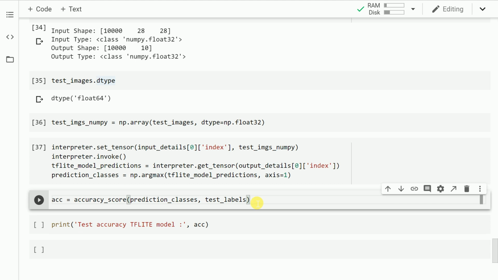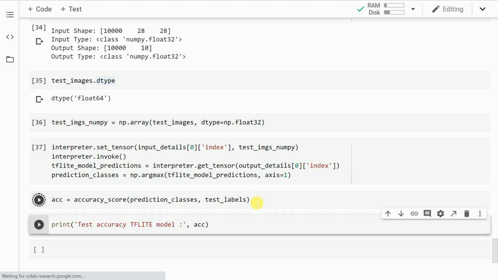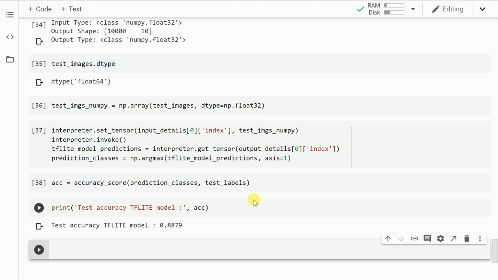So I'll call the function accuracy_score from the sklearn package and pass in the prediction classes as well as test labels. So let's look at what the final testing accuracy is. As you can clearly see, the accuracy that is generated from a TF-Lite model is almost equal to the base TensorFlow/Keras model that was there.